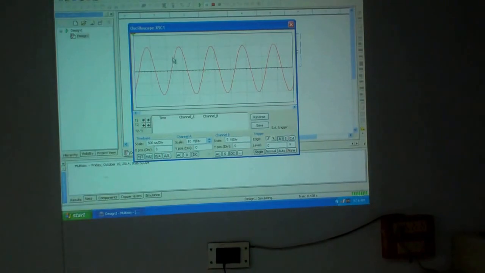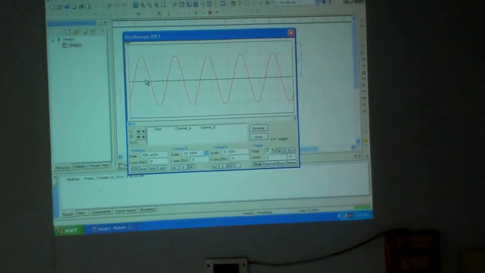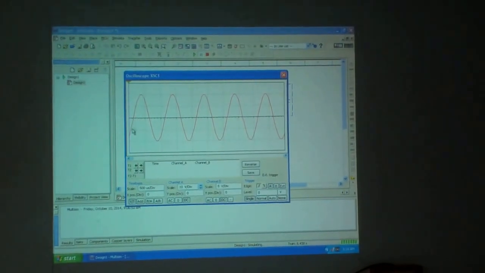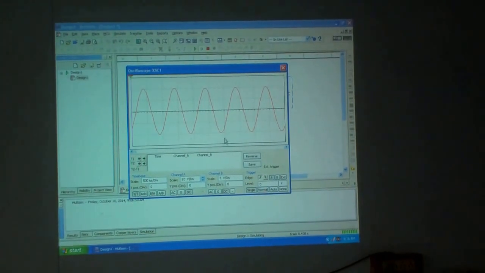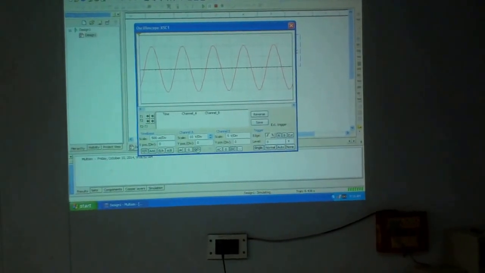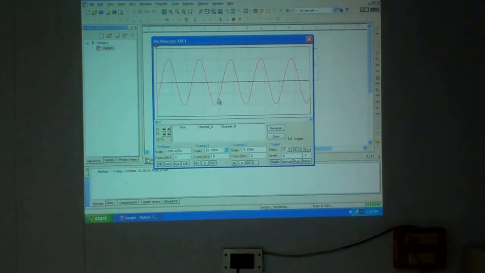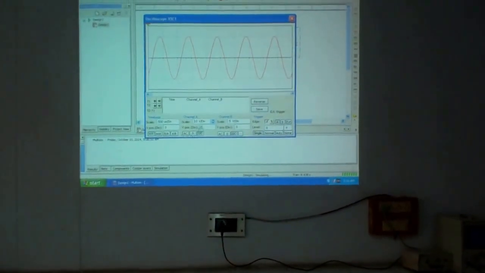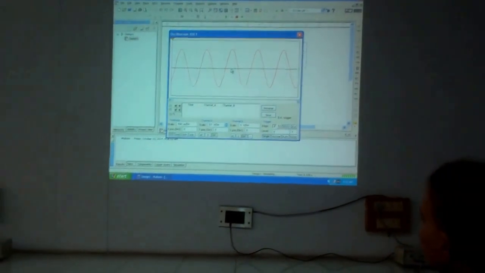So peak to peak voltage, how do you measure? This is again one unit divided into 0.2, 0.4, 0.6, 0.8. So now this is 2 squares above, 2 squares below. So how many squares together? Peak to peak value, 4 squares. Now, that was for the time base, this is for the amplitude. As the scale indicates, it is 10 volts per division. It indicates each block is 10 volts. So 1, 2, 3, 4. It is 40 volts, 4 into 10 volts. Peak to peak is 40.